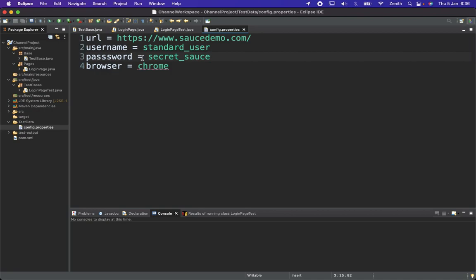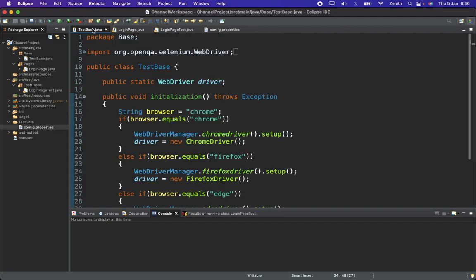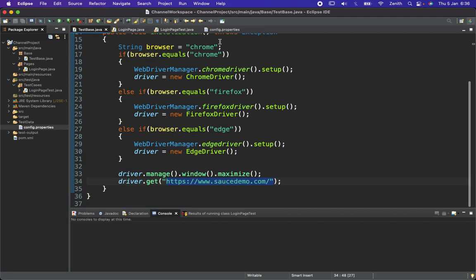The important data like URL, username, password, and browser name we define over here, and we'll try to use all these values in our test base class and in the login page. As we need to use all those values of the property file from config.properties,